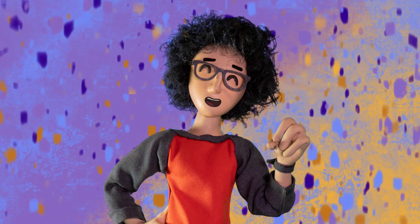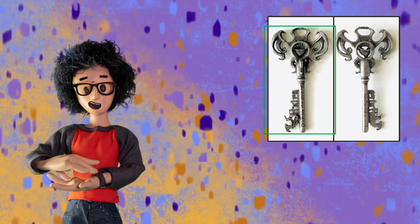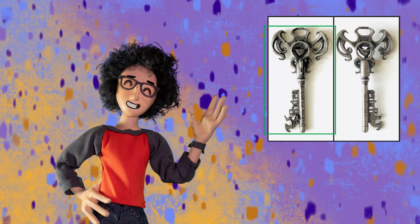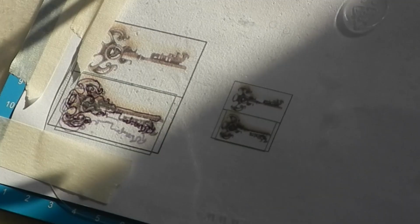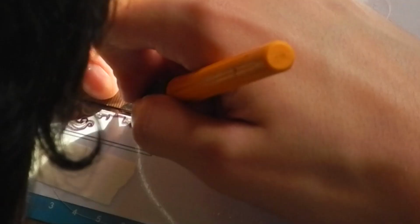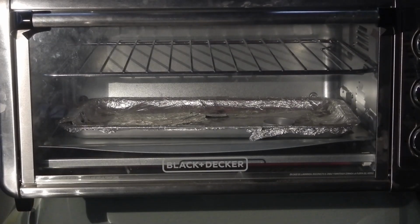The next thing we worked on was the key. To make such a small piece, we used shrinkable plastic. We printed a 4 cm tall key to trace so that it would shrink to more or less 2 cm in the oven. First, I traced the outline on the plastic and then began cutting the edge with an X-Acto knife. Once I finished cutting, I put it in the oven at 100 degrees centigrade or 300 Fahrenheit for a